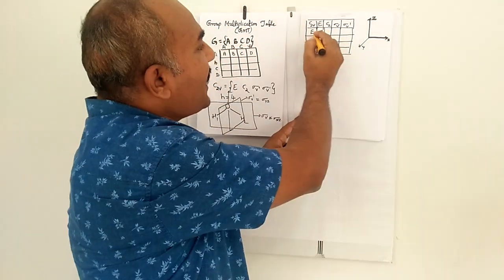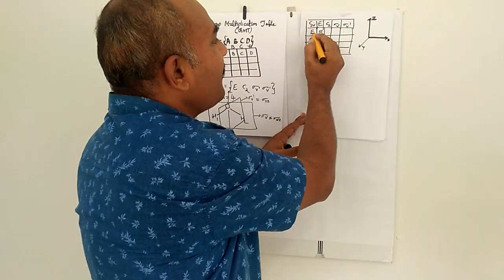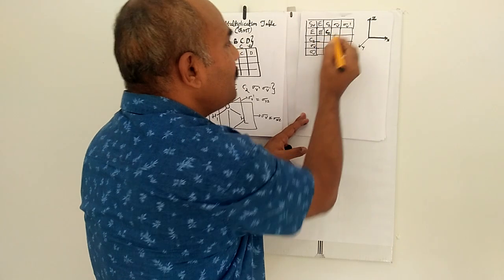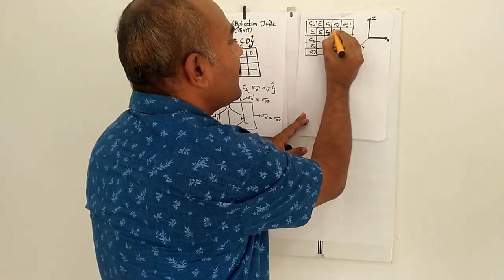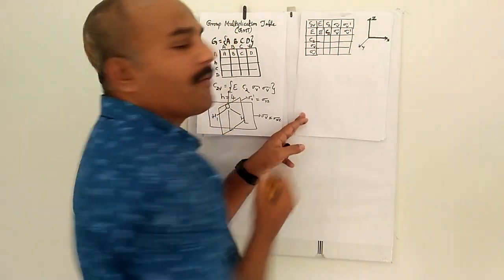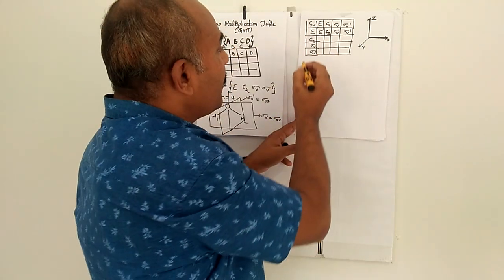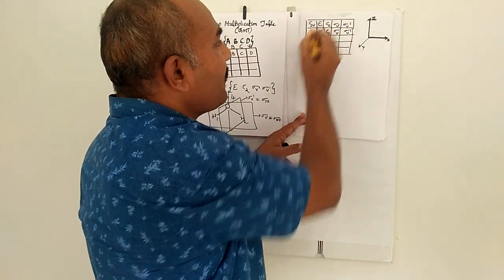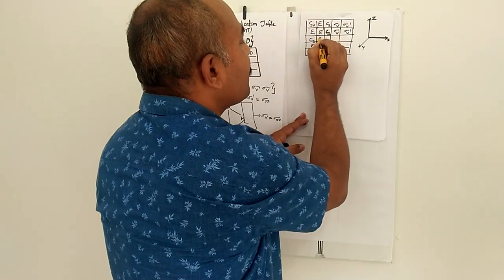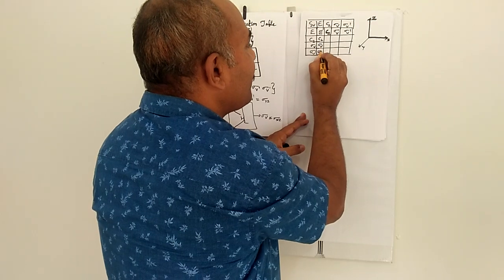We also know that the identity element multiplied by any element gives the same element. Since E multiplied with C2 gives C2, E multiplied with sigma V gives sigma V, and E multiplied with sigma V dash gives sigma V dash. We can also fill up the first column. It is rather easy since you are multiplying with the identity element, which gives the same element. C2 multiplied with E gives C2, sigma V multiplied with E gives sigma V, and here sigma V dash.